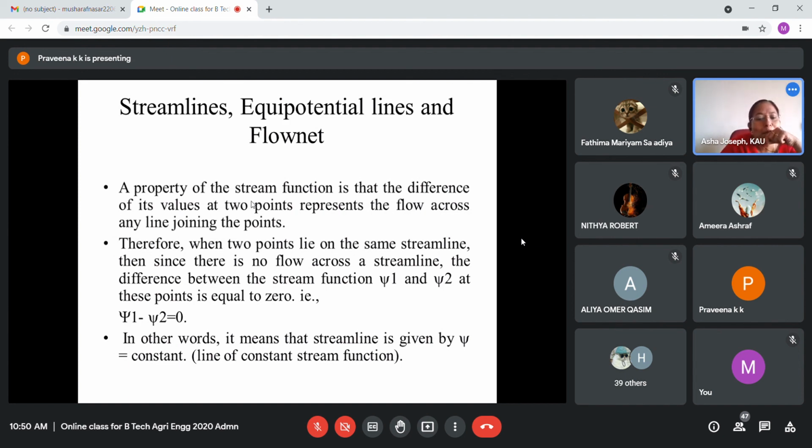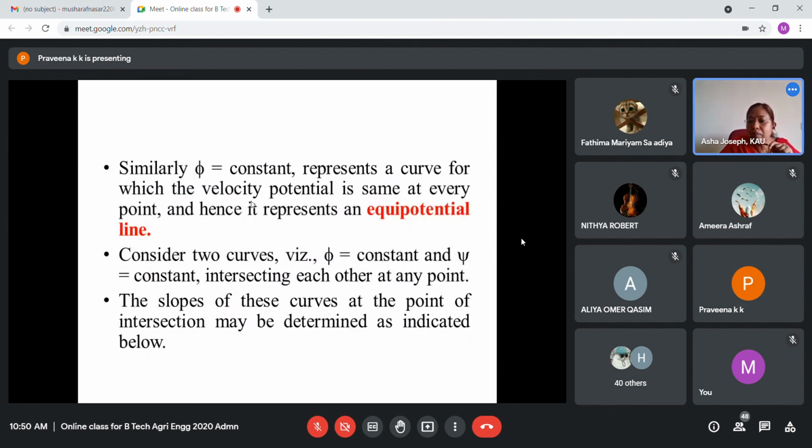Okay, don't worry much about these things. These are required when we are doing flownet analysis, such as seepage analysis using a flownet. At the same time, you can use the flownet for locating the position of wells. Also, some theories come later in advanced studies, and at that time you have to know all such properties. For the sake of that only we are teaching you now. But for the present course, don't worry much about all these theories. Okay, continue, Pravina.